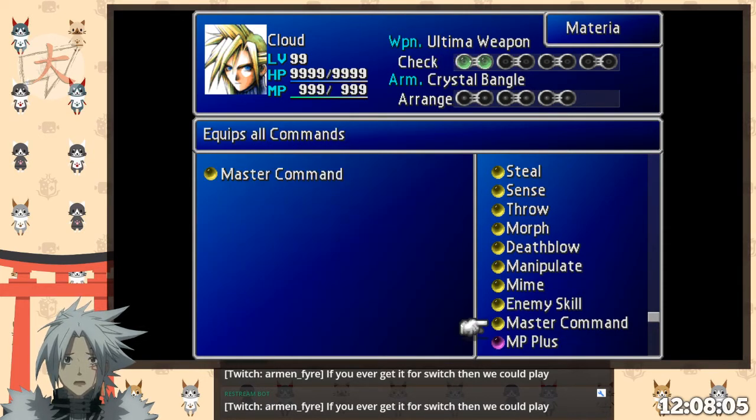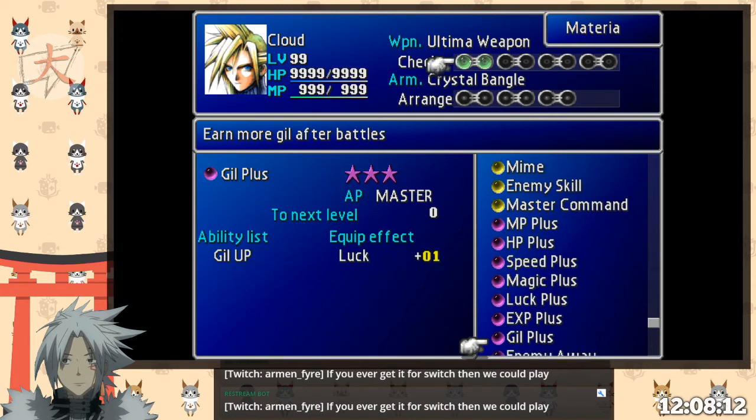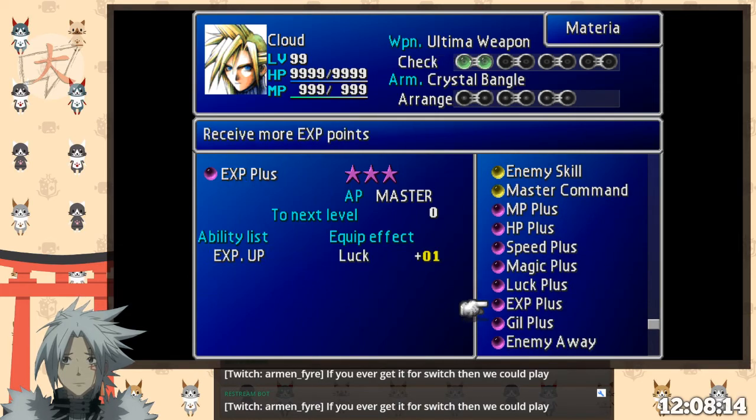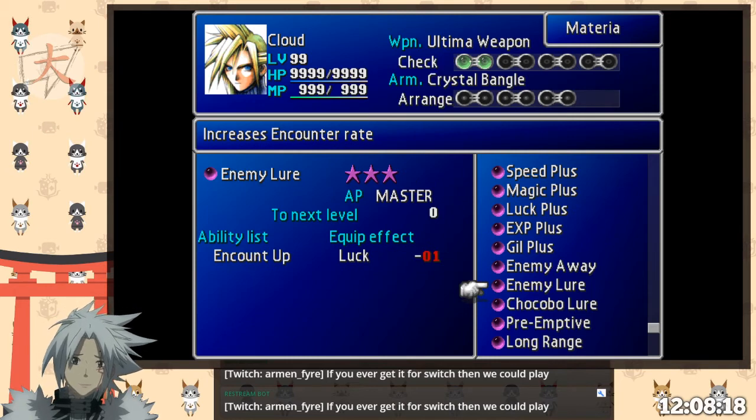Master Materia allows you to master all skills. I kind of don't like that materia. I never really liked it because it gives you too many options when you're in your menu. You've got all your increased stat ones, but in this game,